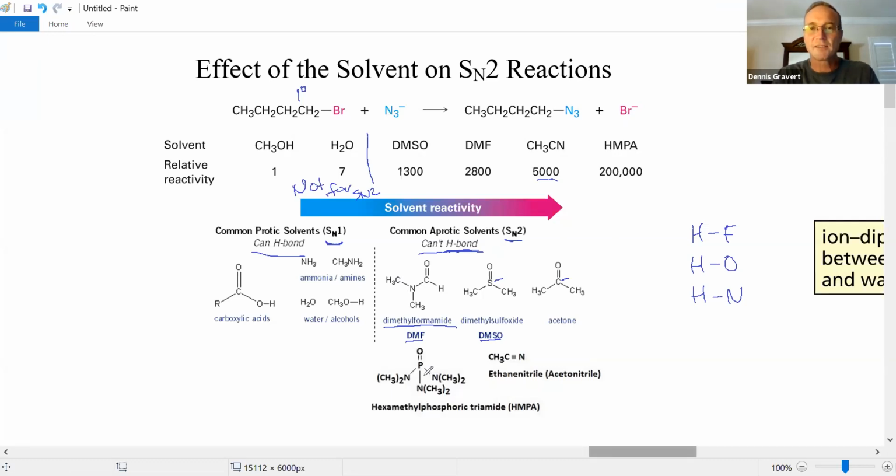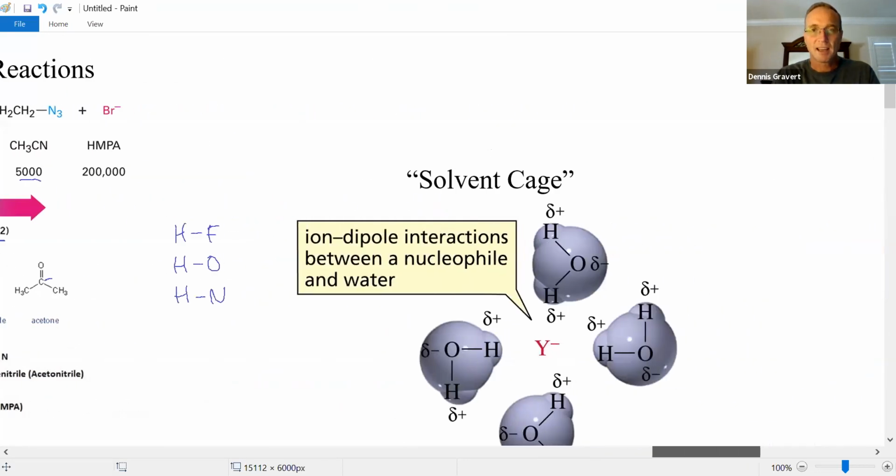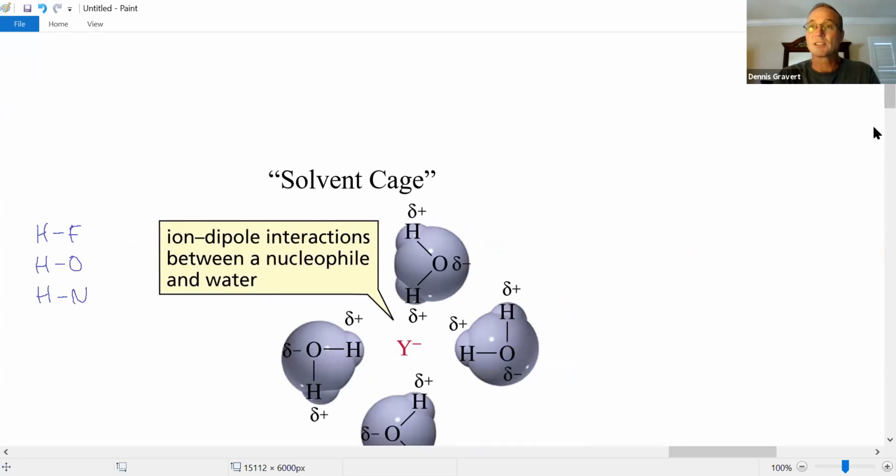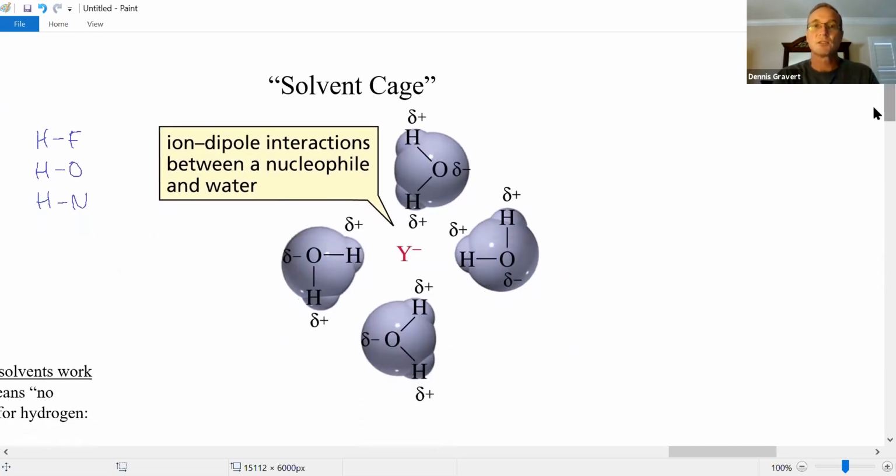How do they do that? If you like reasons, it's because they form a solvent cage around the nucleophile. So the nucleophile is going to have a lone pair, and that's what you need to make a hydrogen bond, right? So water